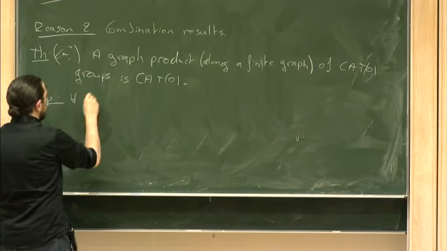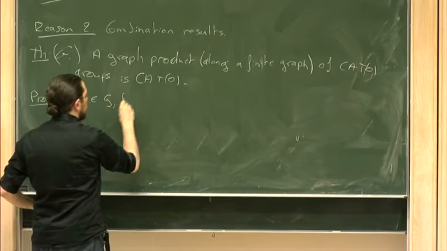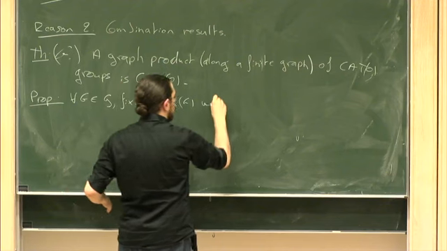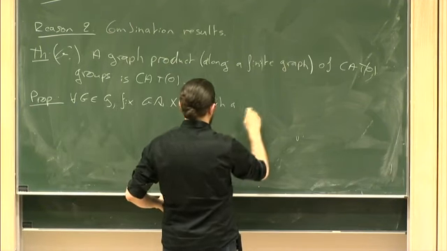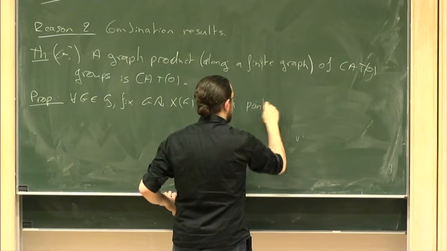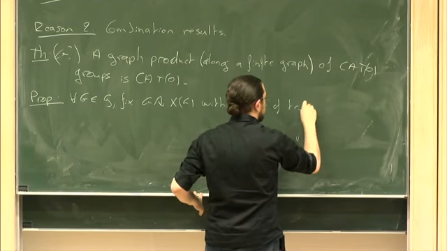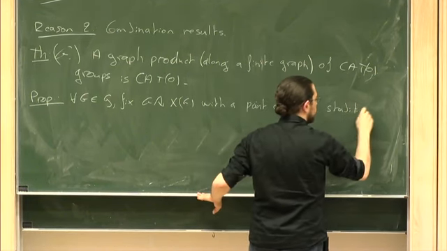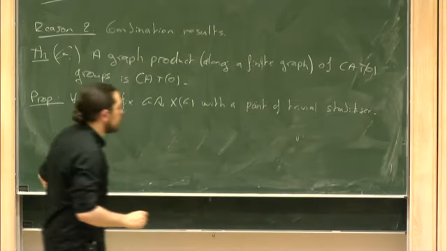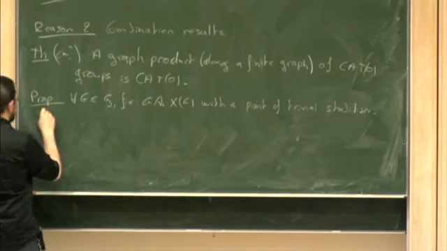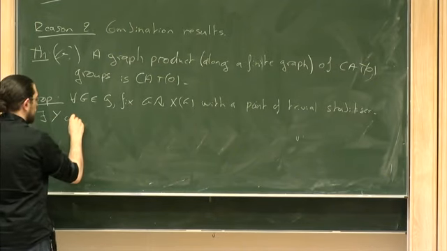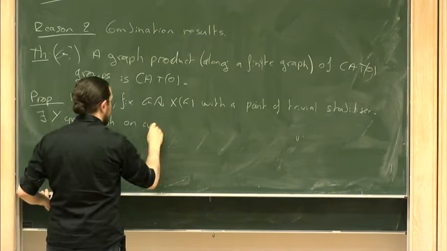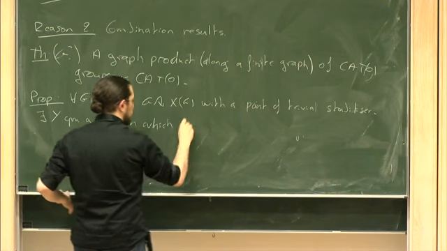For every vertex group G, fix an action of G on some set X(G), with a point of trivial stabilizer. Okay. And the conclusion is that there exists a new quasi-median graph Y on which Gamma G acts